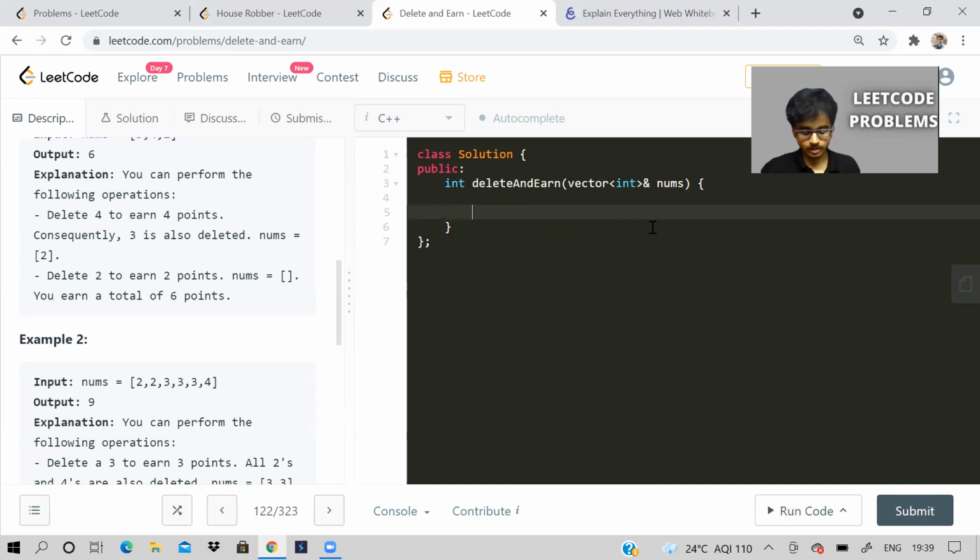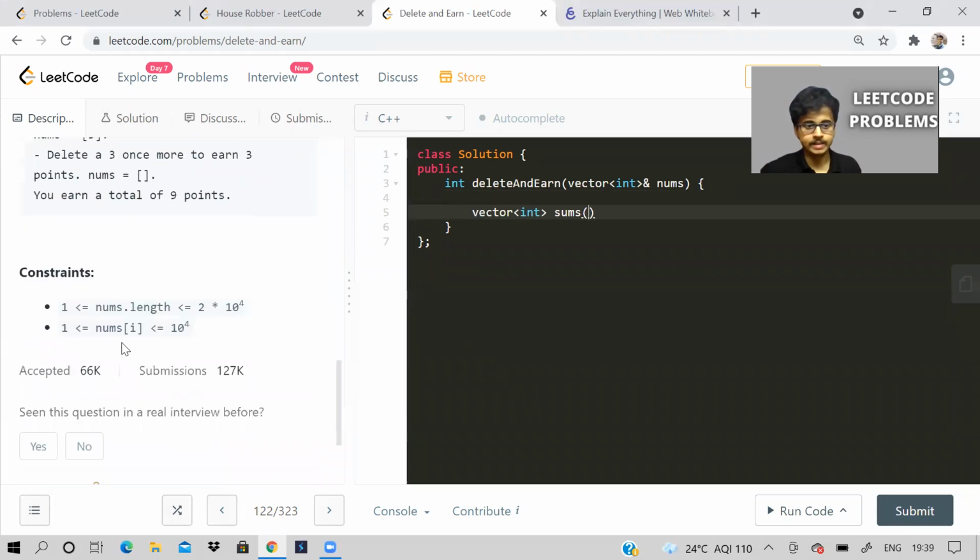We don't know that. So let us not try to define it. You know what we'll do? We'll take a vector. Let us say it is called sums. And what is the size of this? The maximum value can be 10 power 4. So I will make a vector of that size.